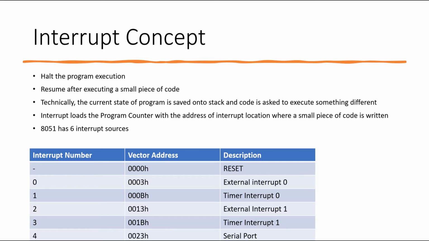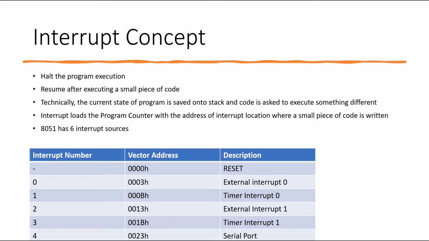Now, 8051 has primarily 5 interrupts, but I would still say 6 because there is one more interrupt called reset, which is a non-maskable interrupt. Whenever you give a reset signal, everything is flushed and your program counter will be loaded with 0000H. Now, there are 5 other interrupts which are external interrupt 0, timer interrupt 0, external interrupt 1, timer interrupt 1